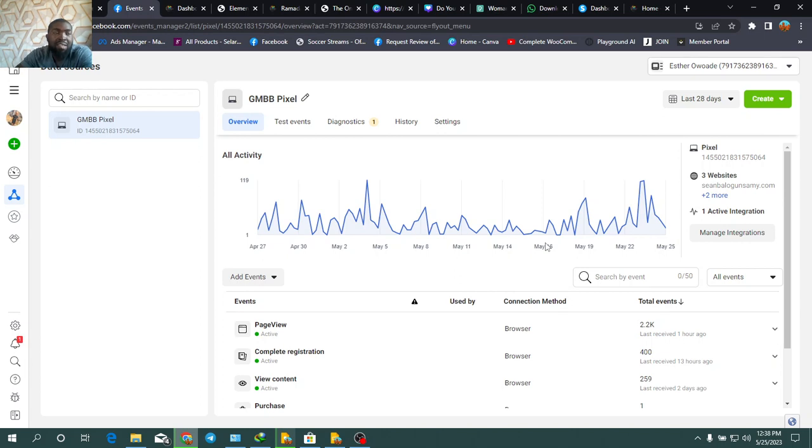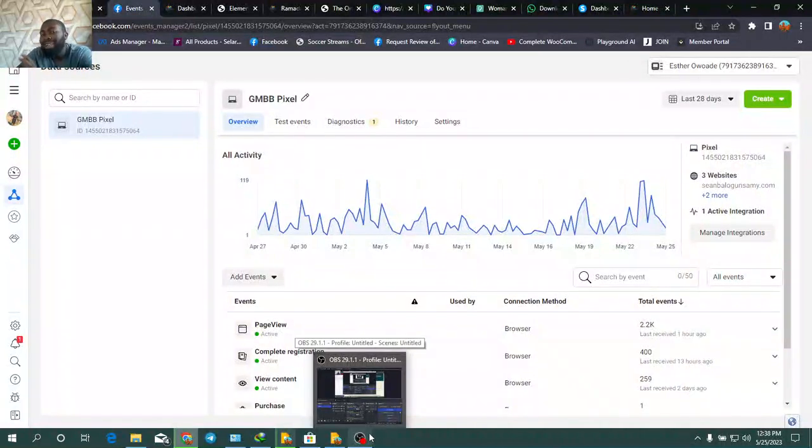So that is the first step on how to put a Pixel on a page, right? So now, what about if you want to put a pixel to track every single page of your website? So that's the second thing we're going to look at in this video. If you want to put a pixel to track every aspect of your website, you want to track everything in your website, the first thing to know is that there are two ways